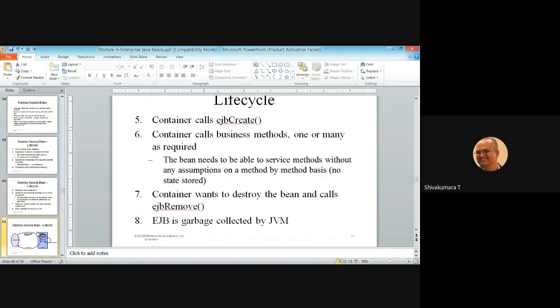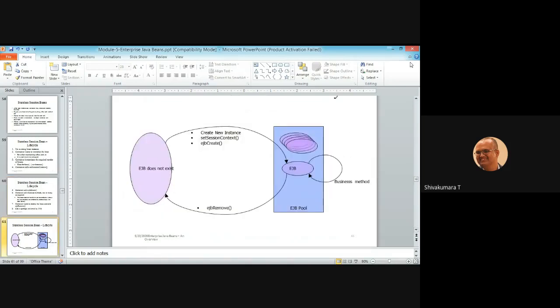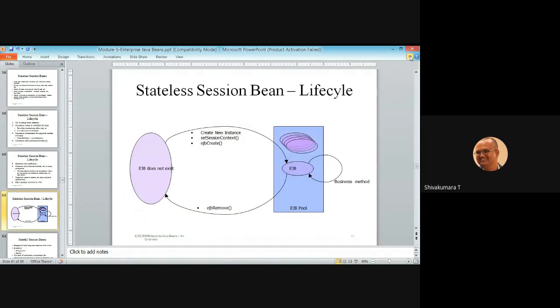By looking at the figure, you can understand this very clearly. In the initial stage, stage 1, the EJB does not exist. The next stage is to create a new instance of the EJB.